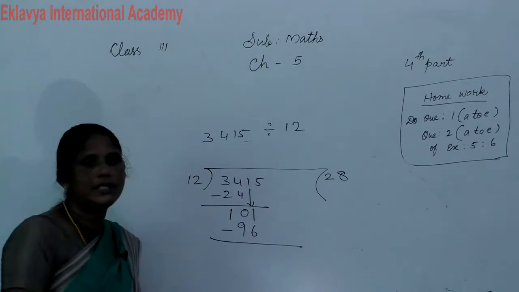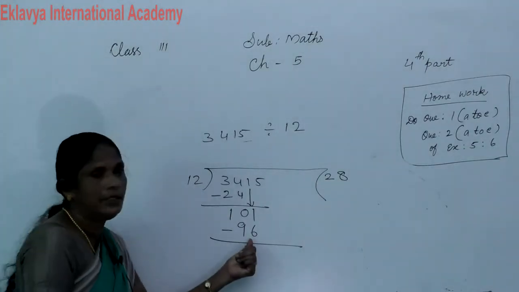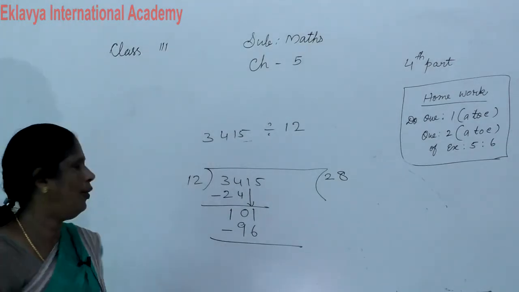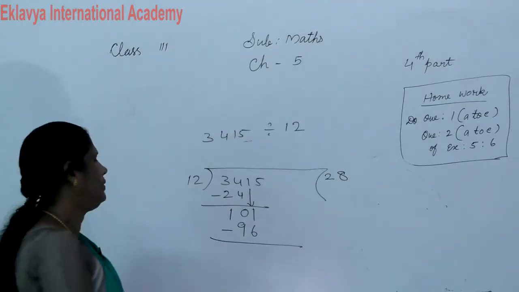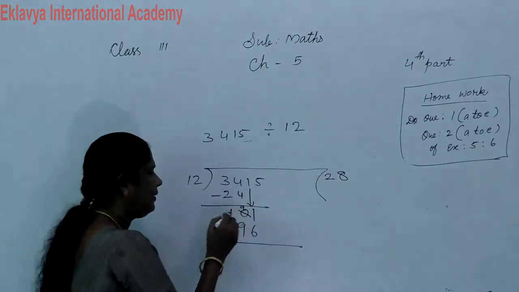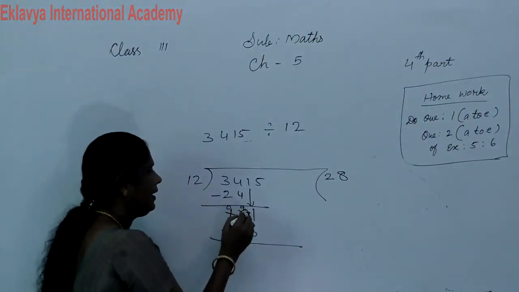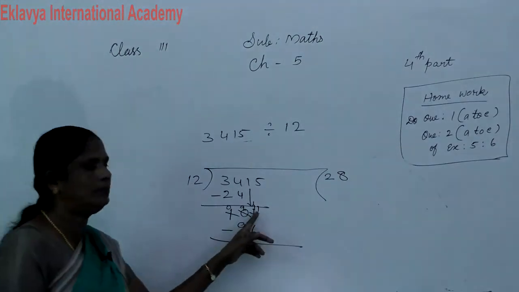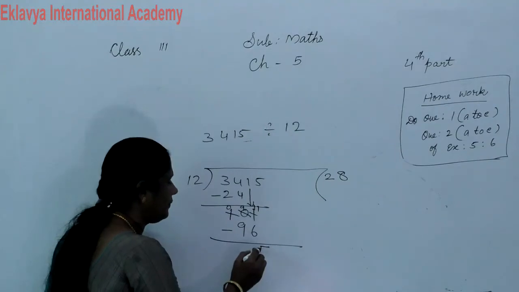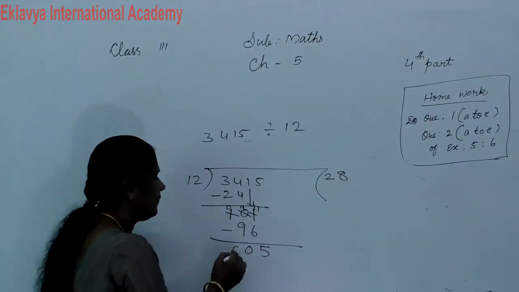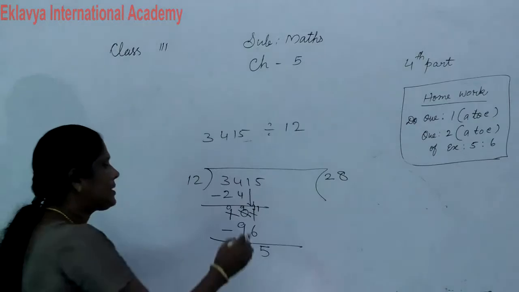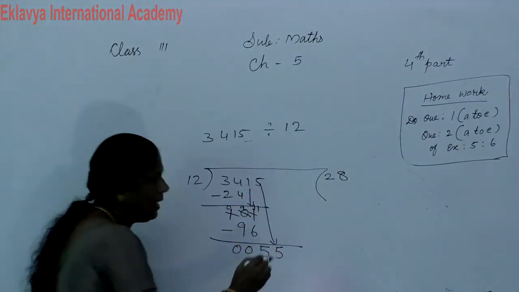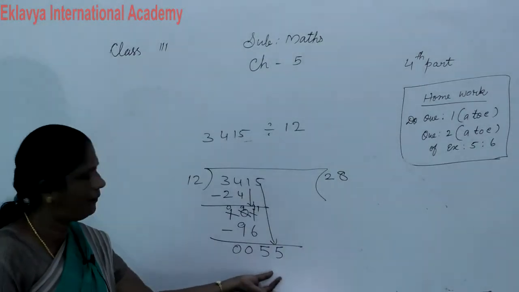Again you subtract this number. 6 take away from 1. Is this possible? No. You take a borrow. Then this 9 is cut, this 0 is cut, here 11. Then 6 take away from 11, you get 5. Then left are zeros. Then next, which number comes down? 5 comes down. Now our number is 55.